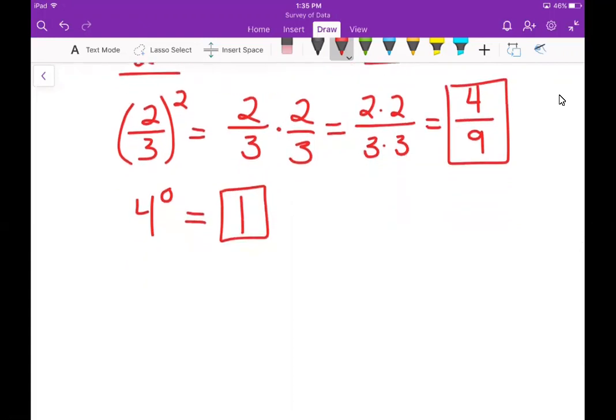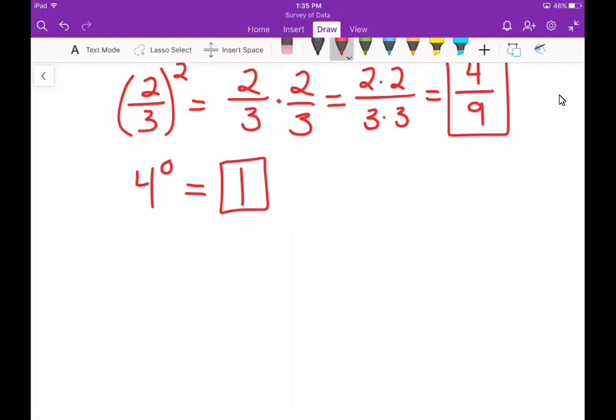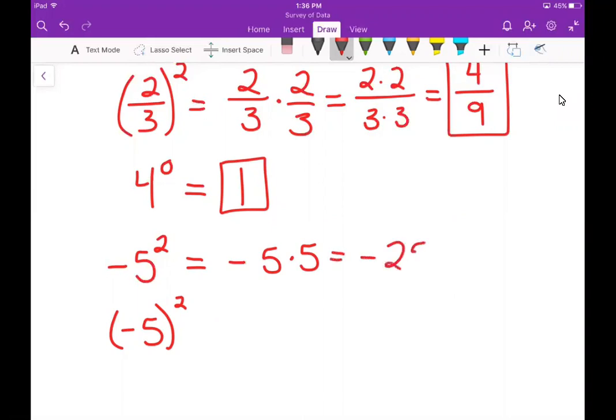Now, these next two examples are very important. This is kind of the typical place to make an error if you're going to make one with exponents. It's when we throw some negative numbers in with exponents. So I'm going to write these next two down together because they kind of go hand in hand as far as where the mistake gets made. These two problems are very different. The difference is this first one is the negative of 5 squared. 5 squared is 5 times 5. So it's the negative of 25. So my answer here is negative